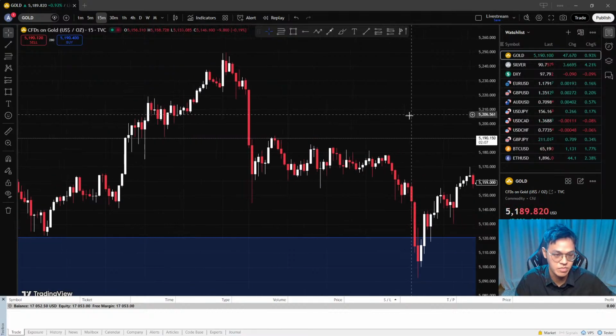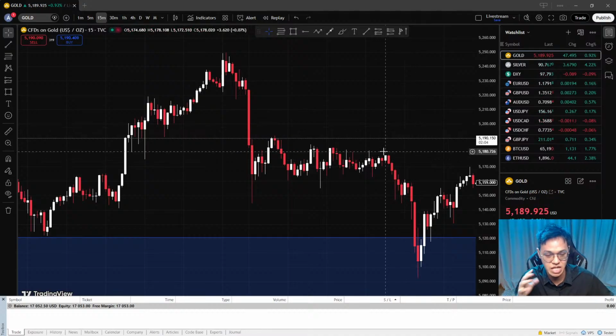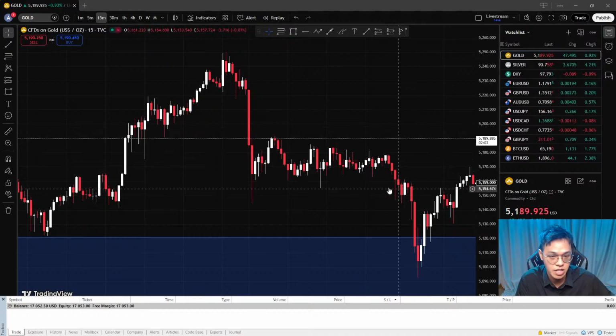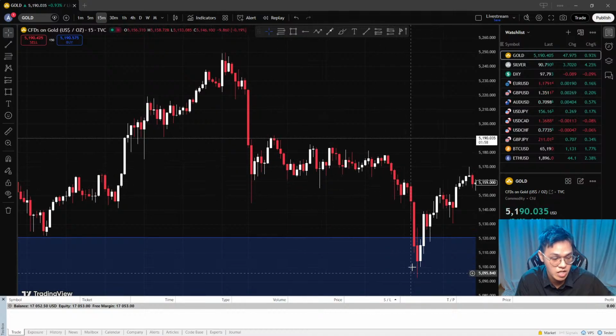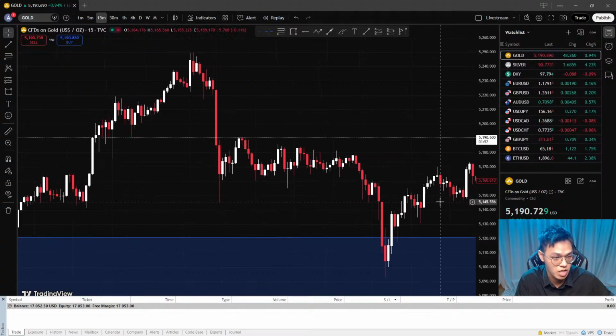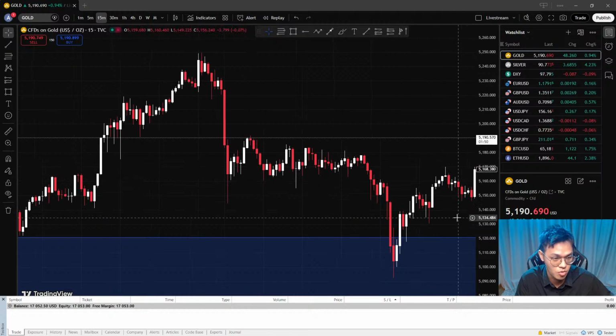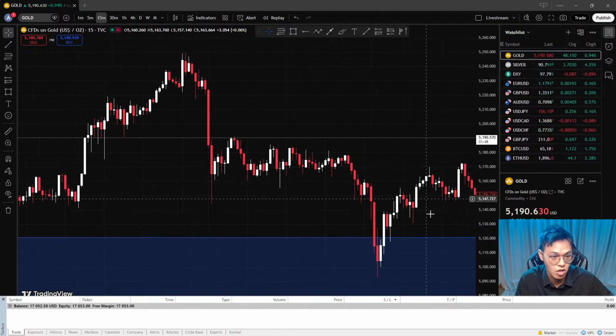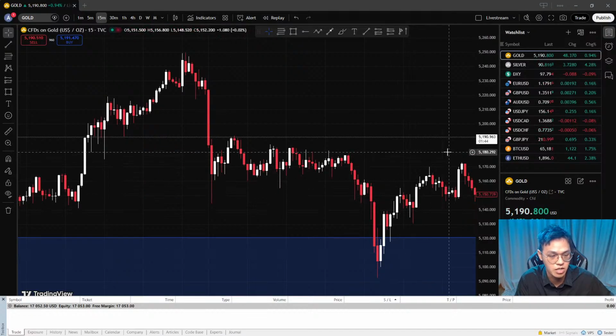Last night I was thinking that since the price had already broken through this upper level, and then retraced to this level, the price would drop a lot. I thought it would keep dropping. But the price didn't drop a lot, and you can see, guys, the price kept forming the uptrend